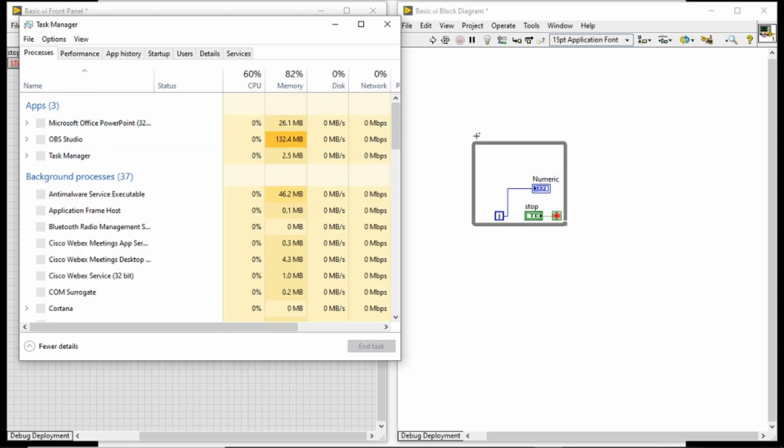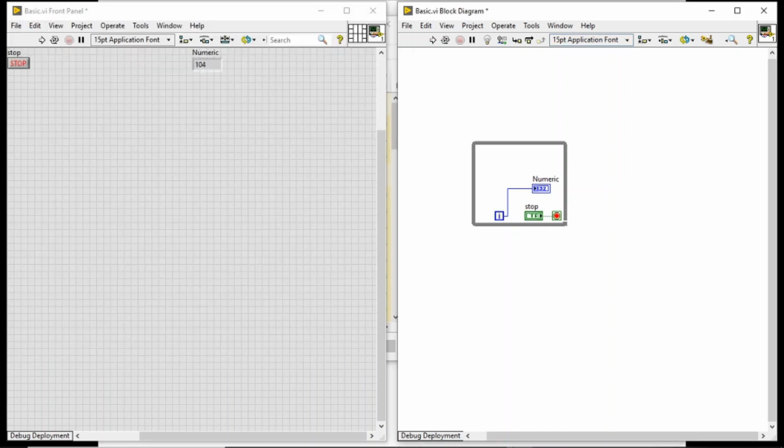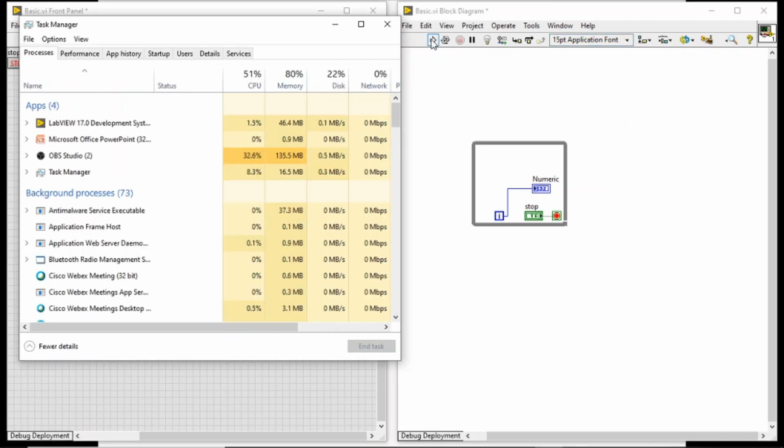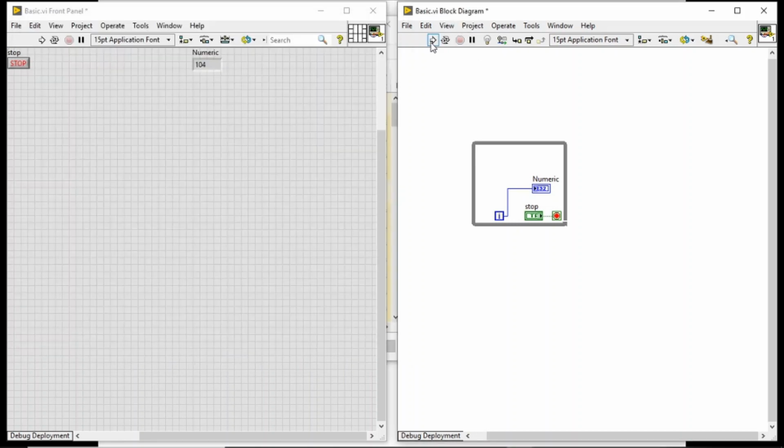Let me start this one. Before starting the VI execution, the CPU is around 0.0% or 0.2% only. Now I'm executing without any delay.